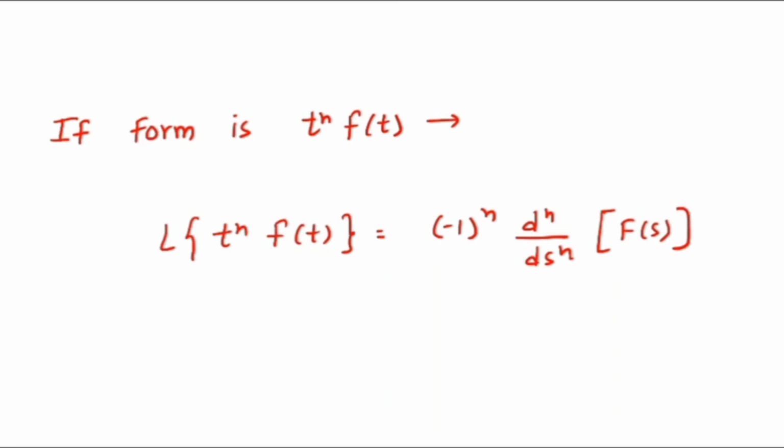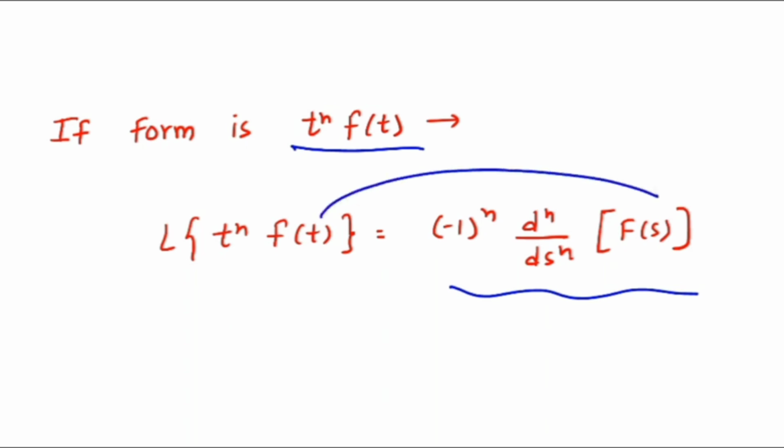In this video, we are going to see the form t raised to n into f of t. What if I have a function t raised to n into f of t? How can I find the Laplace? It's simple. You just have to use this part, right? Laplace of t raised to n into f of t is equal to minus 1 raised to n, d raised to n upon d s raised to n, into capital F of s. So the basic part is to take the Laplace of this time domain function and then do the differentiation n times. If it is t raised to 1, then 1 time differentiation. If it is t raised to 2, then 2 time differentiation, and so on.